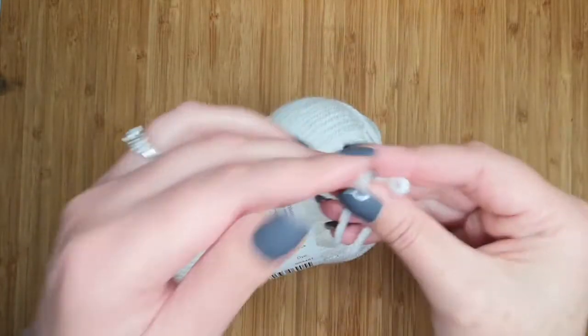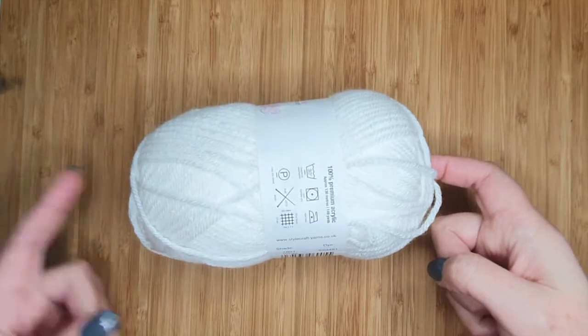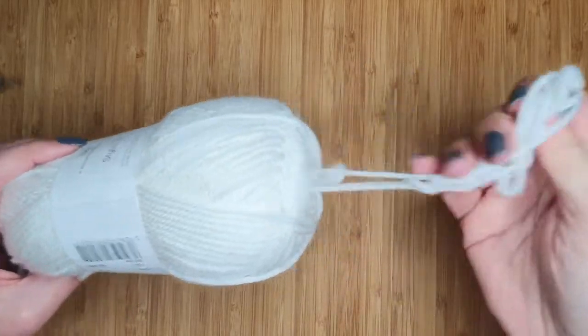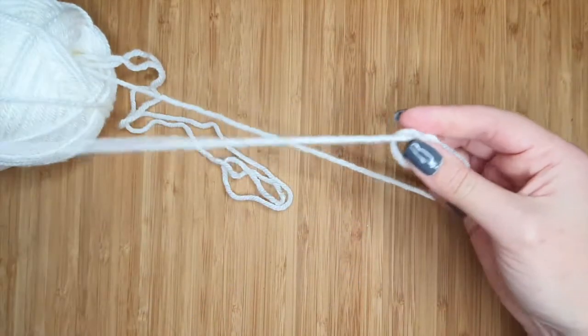So I take it and I tuck it in under my label, and if it came out from this side, I go to the opposite side, I dig my fingers in, go to the center of the skein and pull out a little bit. Sometimes you get a little bit of yarn vomit, but I feel that